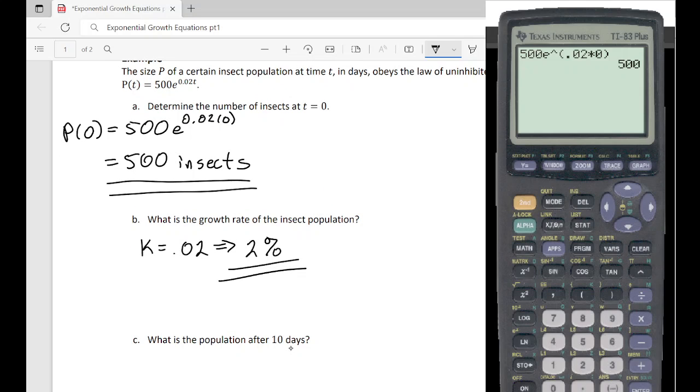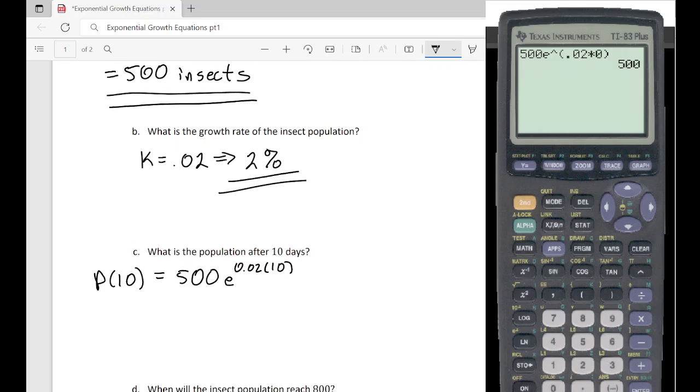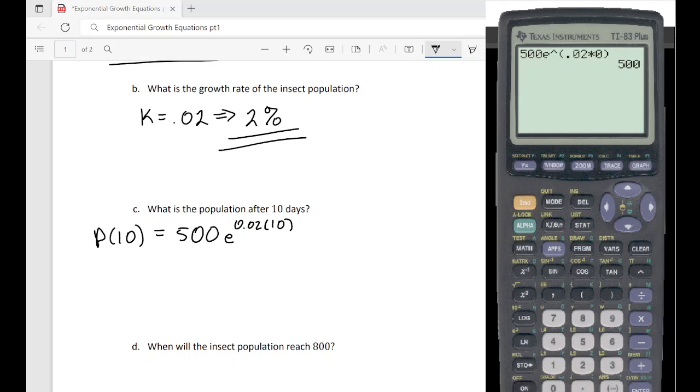So what is the population after 10 days? Don't know. But we do know that time is 10. So we can plug 10 in for t and let it tell us. So P(10) equals 500e^(0.02 × 10). And here we are going to just let our calculator do the work for us. So 500, second ln, 0.02 times 10. And it gives us